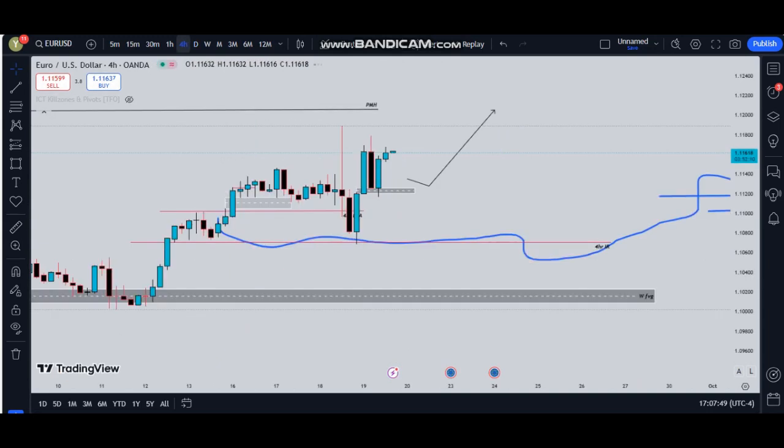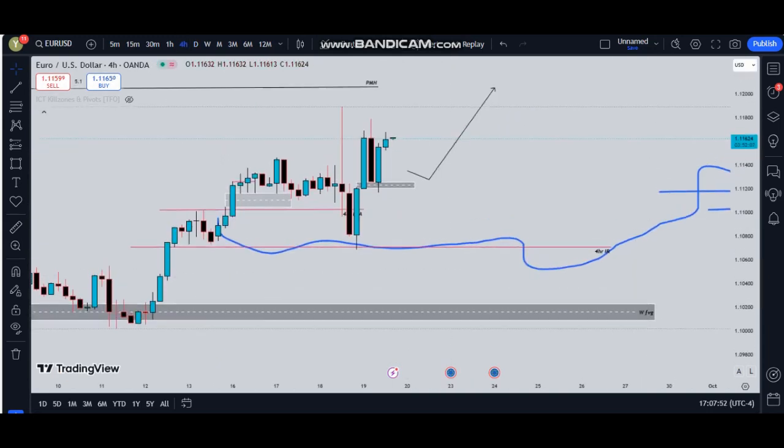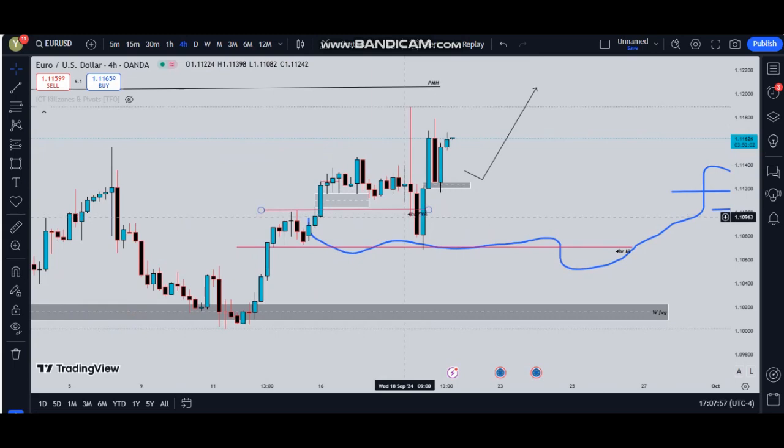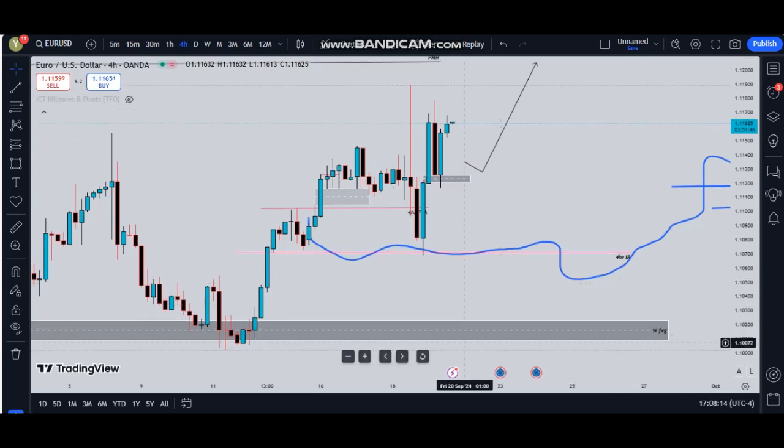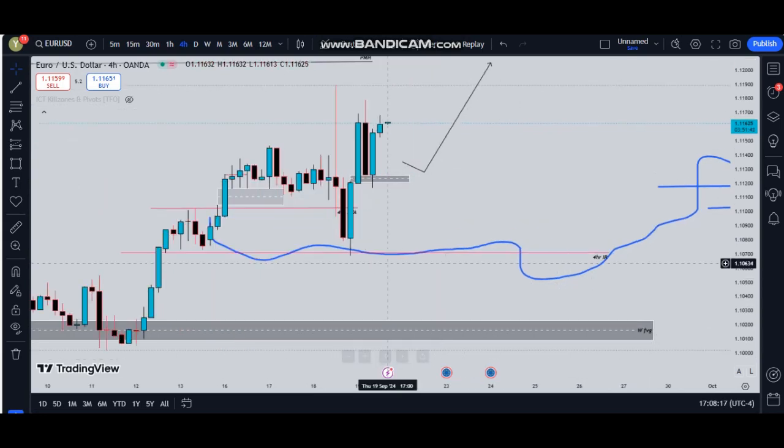Before the New York session, because guys, you know, I'm a New York trader. What happened is the market rallied lower as of yesterday. So we tapped into this daily fair value gap, then we rejected off that area. Remember, I usually trade at the 9 a.m. candle. So I waited for the 5 a.m. candle to be closing, which did close at around 8 a.m. After 8 a.m., I noticed that we formed this 4-hour bearish fair value gap. So I'm getting a reversal of this bearish fair value gap, going higher, targeting these highs.